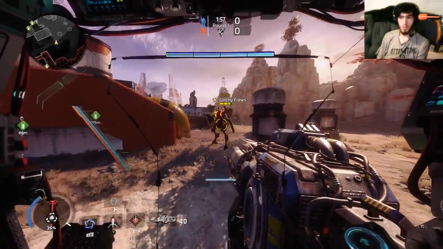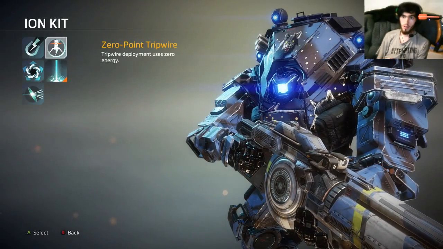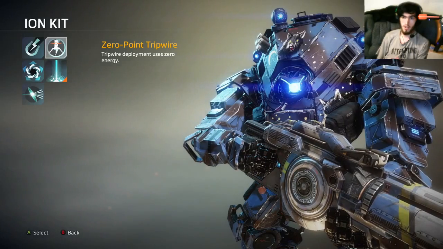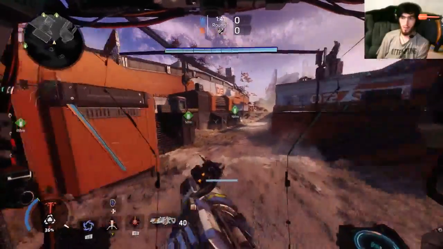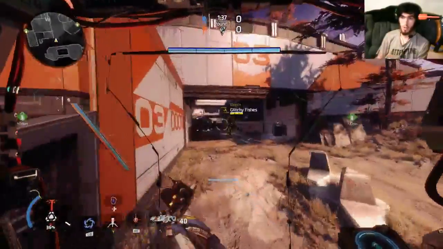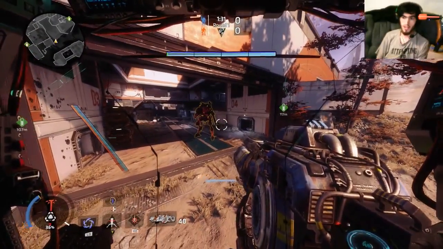The next bug we'll be covering is the Zero Point mechanic bug. This bug involves the tripwire, and normally you need the Zero Point tripwire kit as your tier 2 kit for Ion to get your tripwire for free. Well, there's actually a mechanic in the game that allows you to use a different kit while still getting your tripwire for free. And so the kit I usually go with when doing this type of playstyle is the Grand Canyon kit,